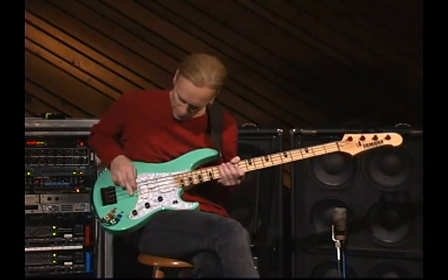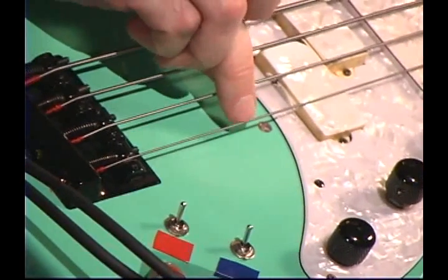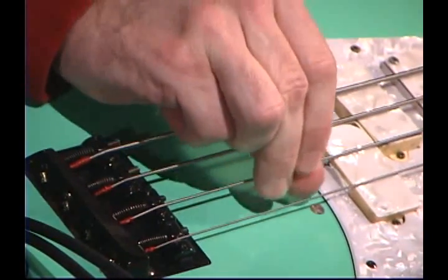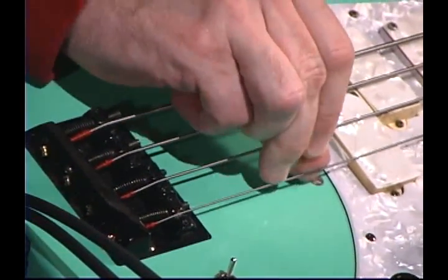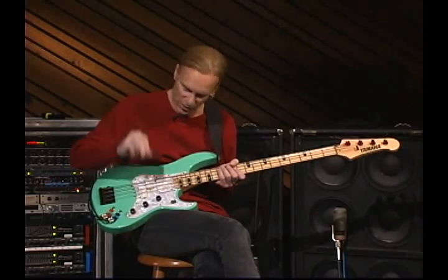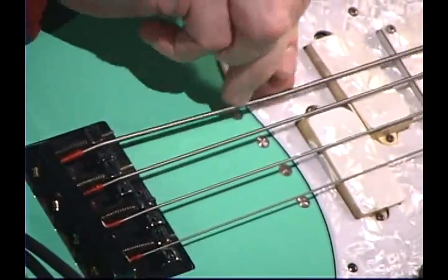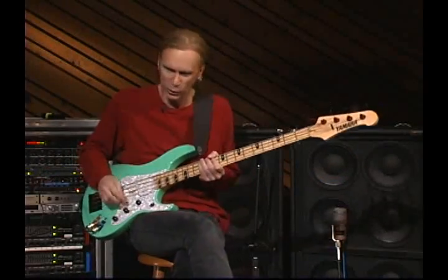What I basically do is I'm plucking with this fingernail while I have the soft part of the thumb against there, and I pull off the soft part of the thumb right at the moment that I pluck. So it's kind of all one motion. And in a way I'm kind of pinching the bass string in between these fingers. So it's a way to get a little bit of an extra tonality out of the bass when you're